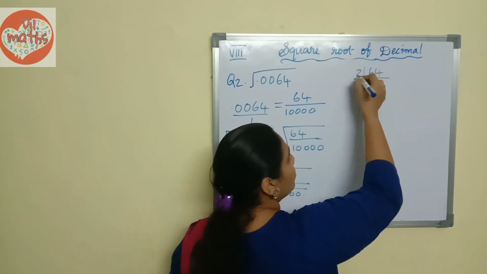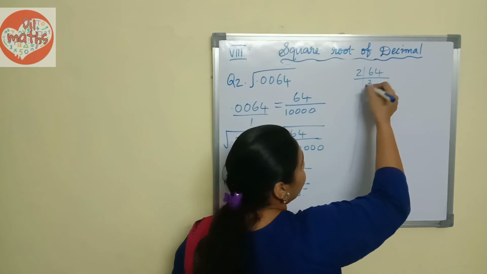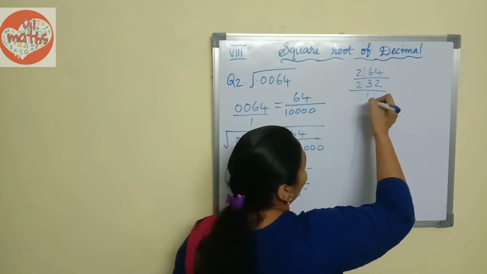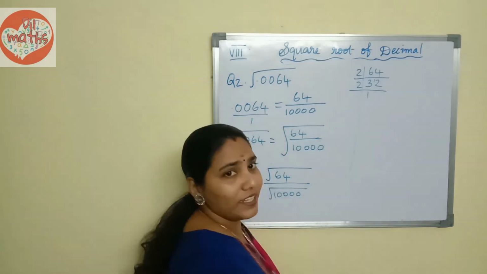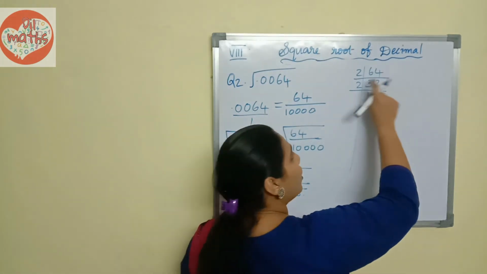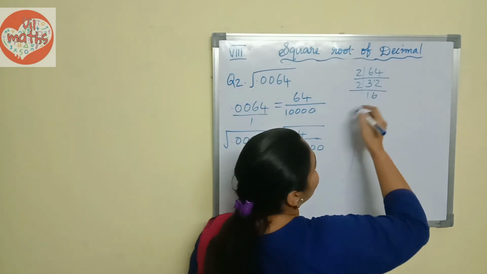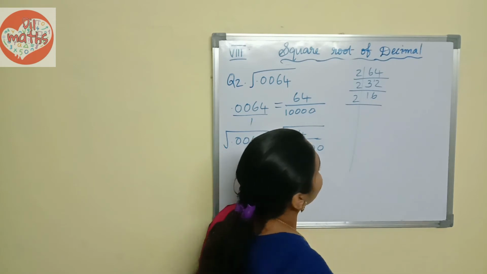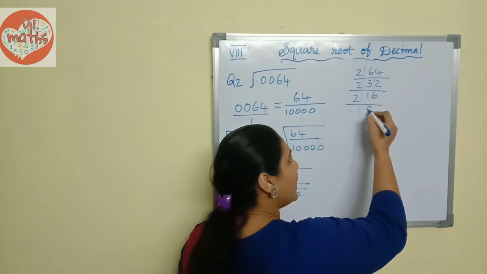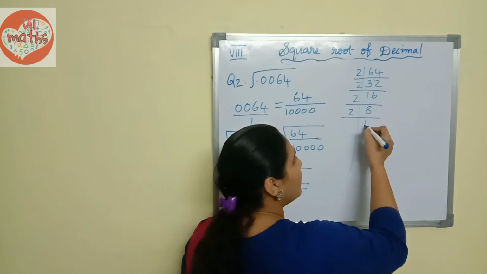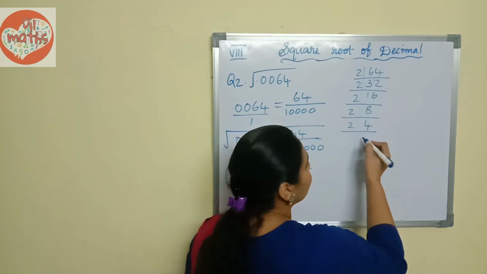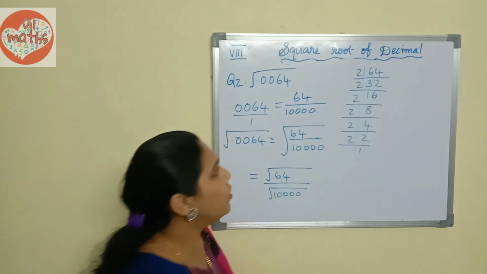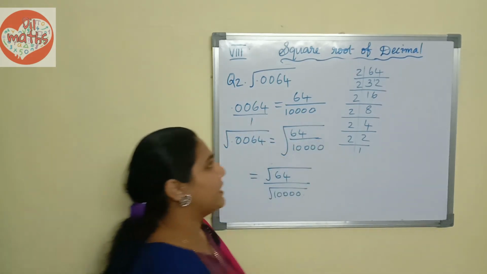This divided by 2. 6 divided by 2 is equal to 3, and 4 divided by 2 is equal to 2. Again this divided by 2. 3 divided by 2 is 1 and remainder 1, which carries forward to the next place, then it becomes 12. 12 divided by 2 is equal to 6. And 16 is divisible by 2. Again we are dividing by 2. 16 divided by 2 is equal to 8. Again it is divisible by 2. 8 divided by 2 is equal to 4. Again it is divisible by 2. We will get 2. Then we got 1. Okay. The next prime factorization I am going to do here.